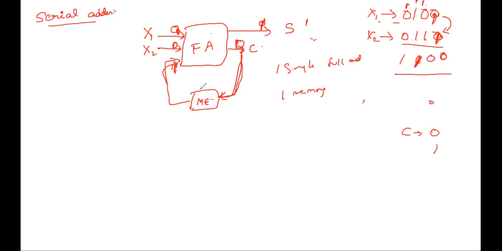But what is the problem in this one? Clock, time delay. Because for a 4-bit number we get the output after the fourth clock pulse. For 20 bits, we get it at the 20th clock pulse, meaning 20 seconds of possible delay. But in a parallel adder we get the output at a time, in a single clock pulse. The disadvantage there is that the circuit is bulky, but here the circuit is simple.